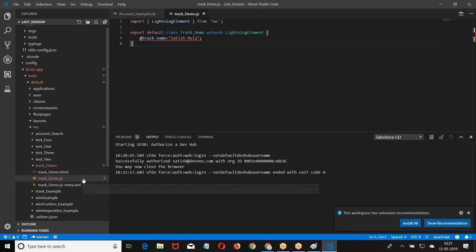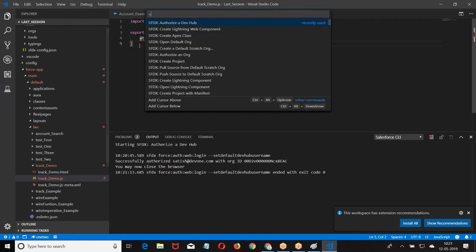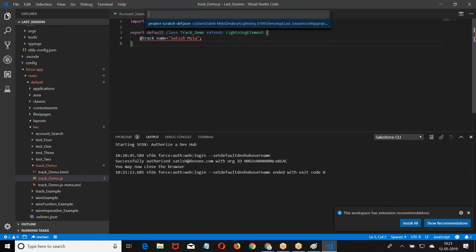Here I was trying to create a default scratch org. Now I'm trying to create the default scratch org.